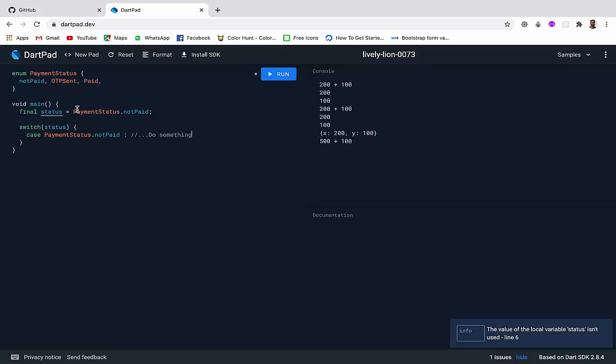And then similarly for the other two statuses. Okay, so now you might be thinking, why do we use enum even when we can simply use it as a string or as an integer? Okay, so enum is used for standardizing the values. Okay, so now suppose over here you have the state,